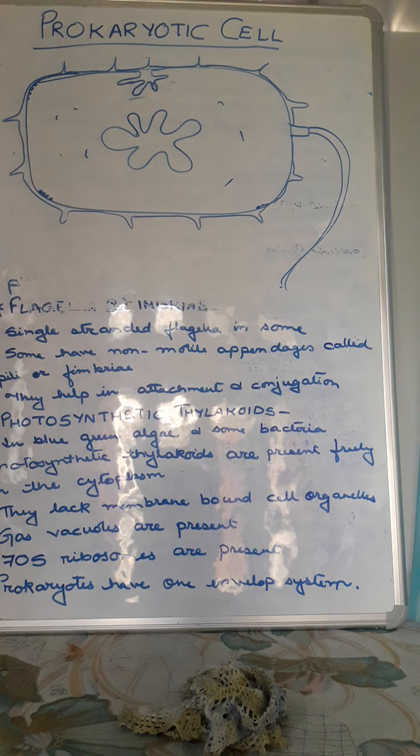So these are the basic, important points of the prokaryotic cells, and whatever we have studied in case of bacteria and Monera, these are only summarized here. So these are the main important points. Go through the points properly, go through the videos, and if you find any problem, any difficulties, then please let me know.